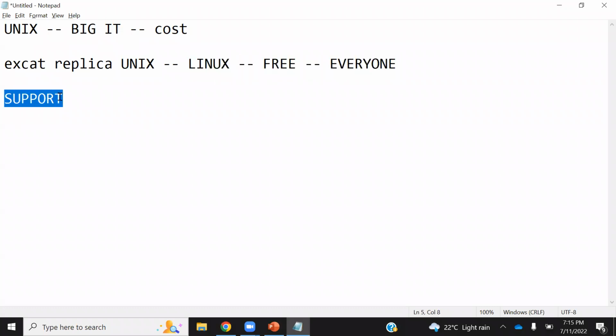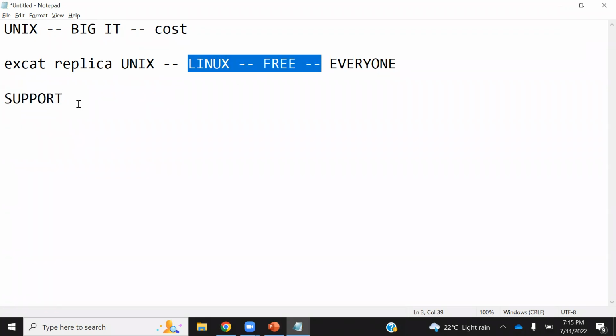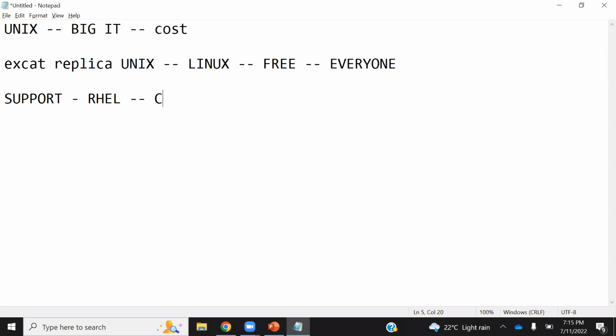So the companies who were using this software were in trouble. They took it for free, but who will give the support? Now, the same companies who were giving it for free started charging, like RHEL, Red Hat Enterprise Linux. Red Hat provides two versions. One is the community version, which is free of cost, and the other one is the Enterprise Edition. The moment you go for the Enterprise Edition, they will charge you for the usage. Obviously, they will provide support in case you have a problem.